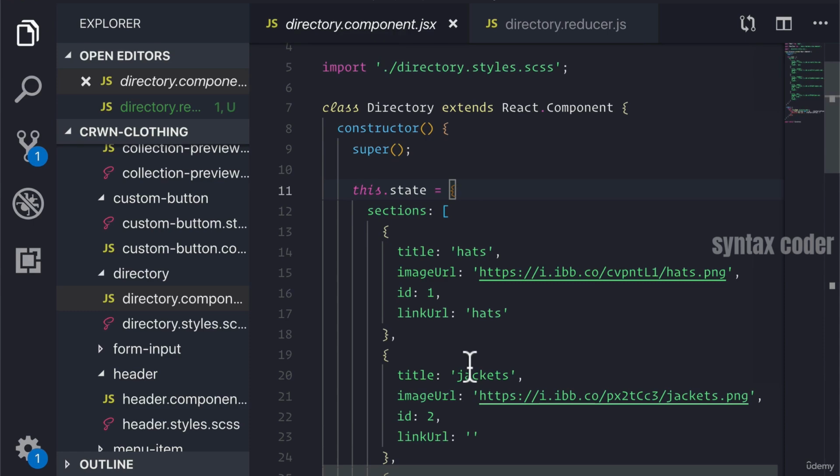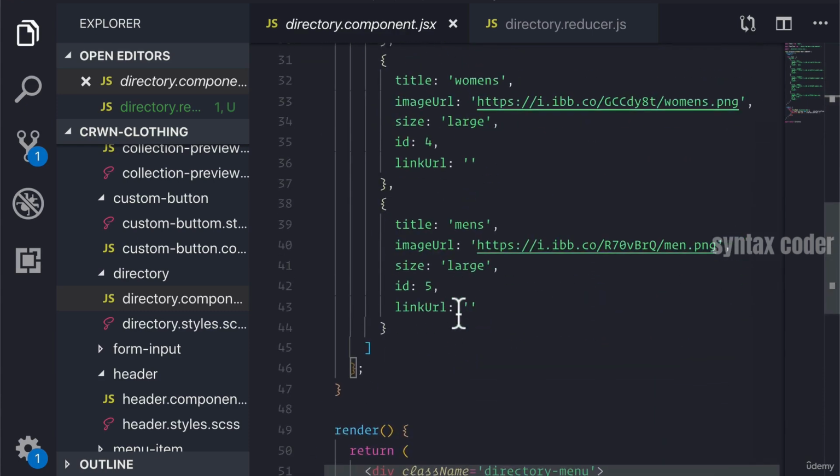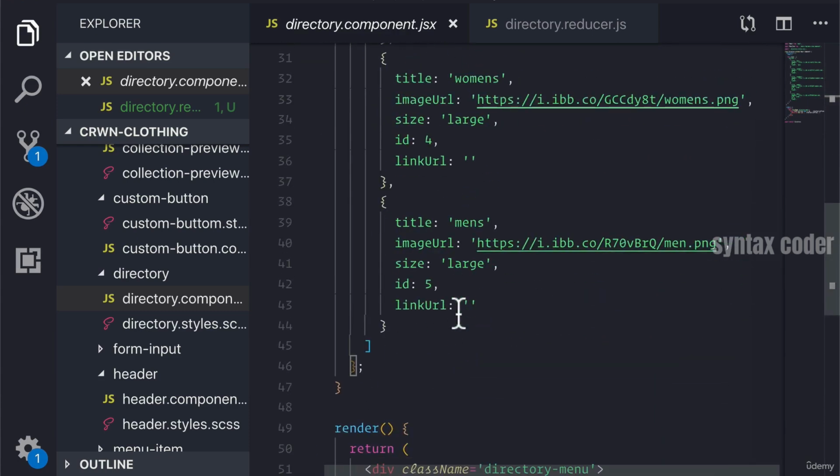Some people say that it's a little bit of overkill to move this data into Redux where it's only being used in one place and not being updated. But there's actually a benefit to doing this that we will not explore until later on in the course inside